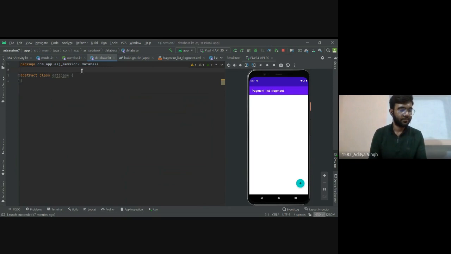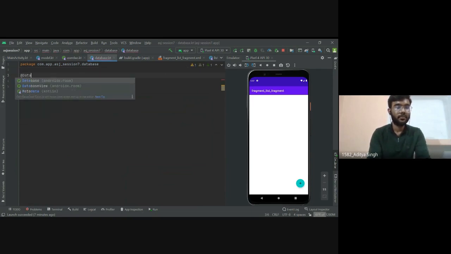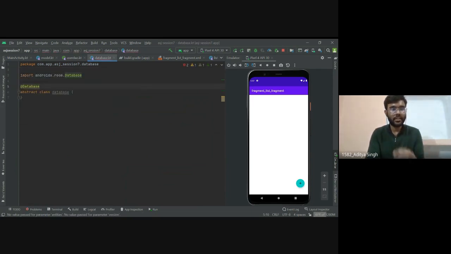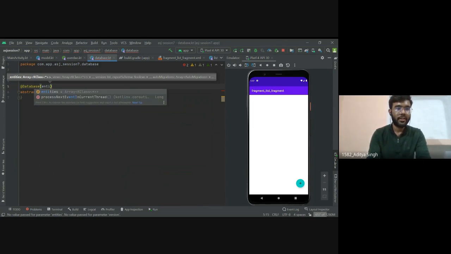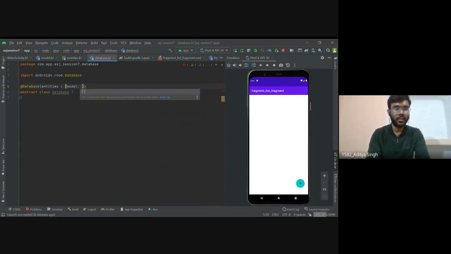Let's add this database annotation, and inside it, under the entities section, we will define the model class that we have created. The name of our model class is model, followed by the scope resolution and class.